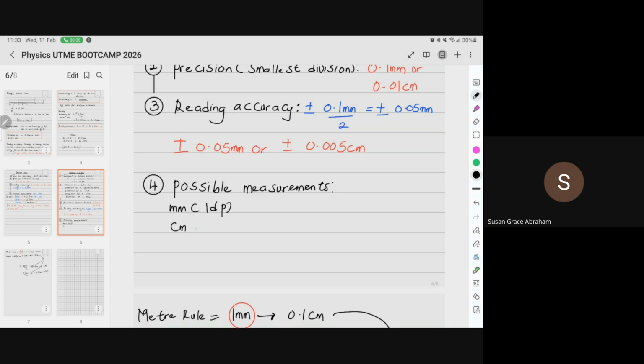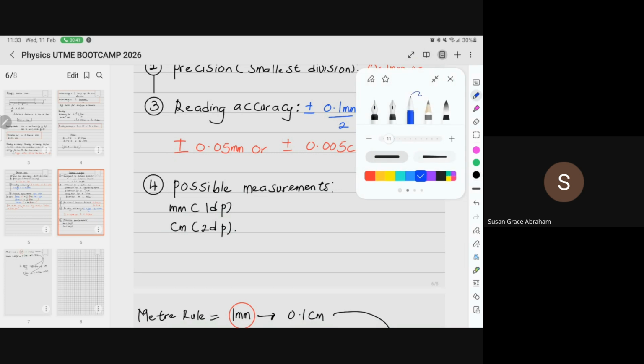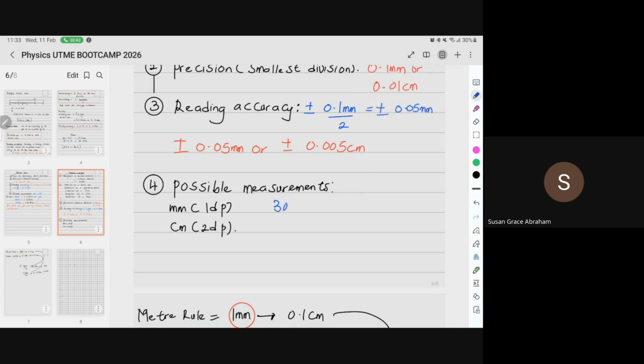For centimeter, it's going to be 2 decimal places. What do I mean? If I read the value, I'm free to have something like 30.0 millimeter. Sorry, 1 decimal place. I can have this. I can have,